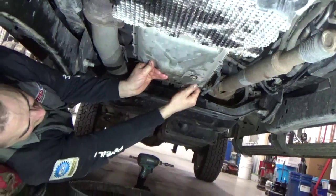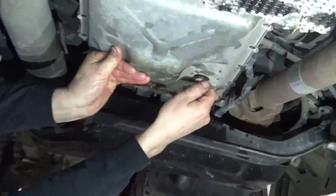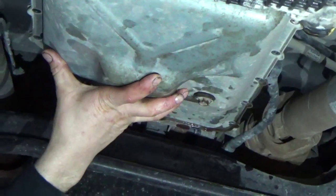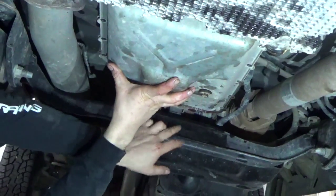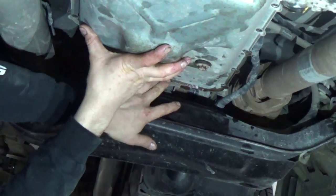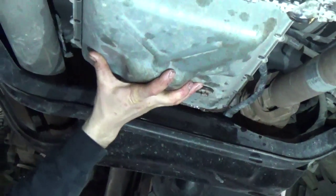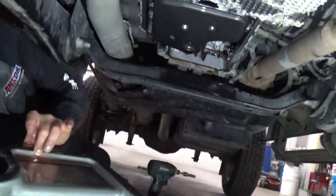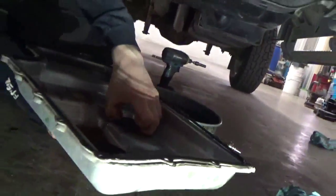Okay, we've got the pan drained. There's a nice drain plug on this one here. I have to commend Ford for that. Allows you to drain that pan out nicely. Then the bolts, everything's pretty easy to get at except for these back three here. That bracket's a little bit in the way, but with a 1/4 inch ratchet, we can get in there and get those out. So we take that down, and that gets us access to the filter and also to the magnet